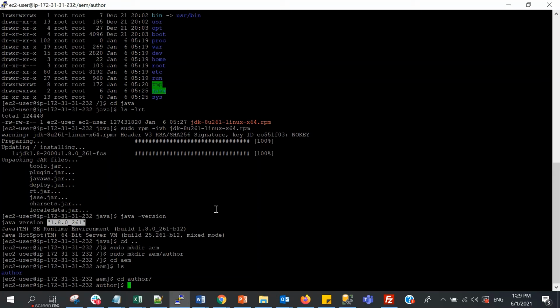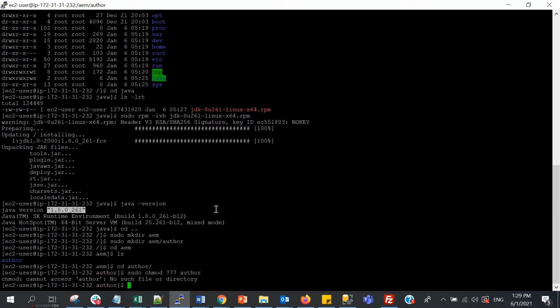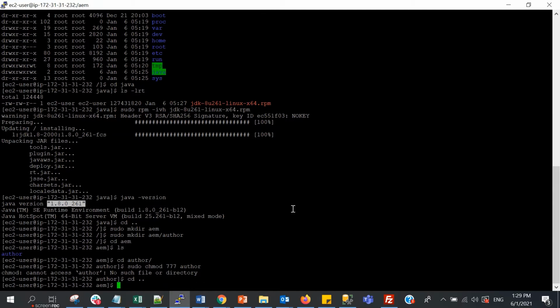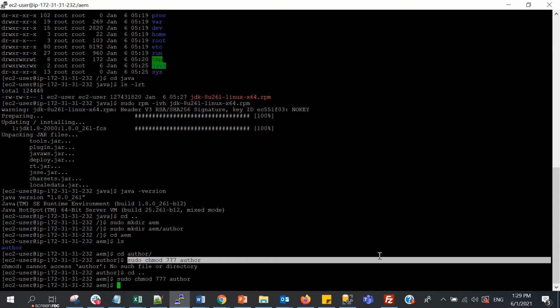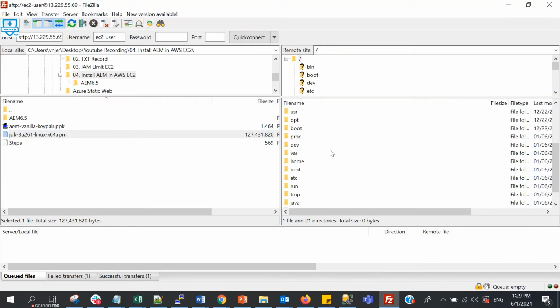Same as the Java folder earlier, we also need to grant the permission to transfer the file, using the command sudo chmod 777 author. Okay, we need to grant it at the parent level. Okay, now this is our folder for AEM.